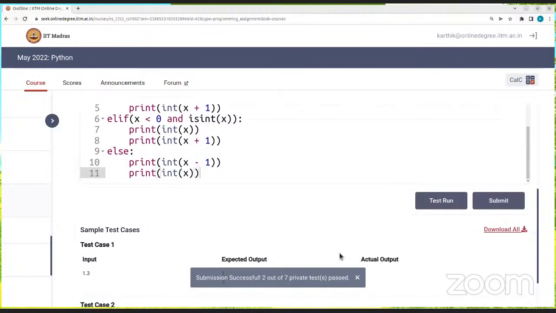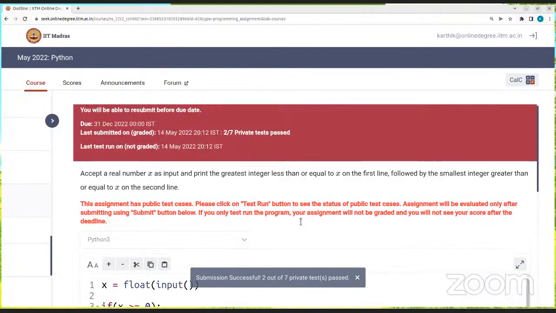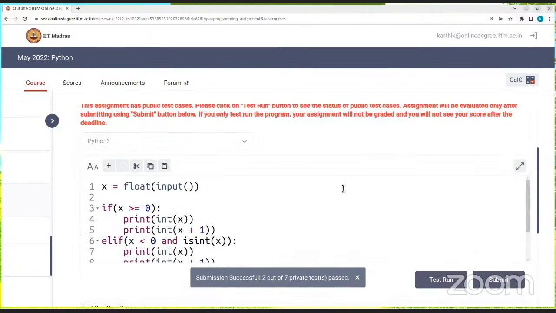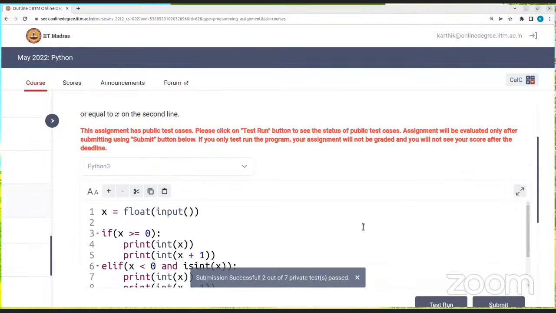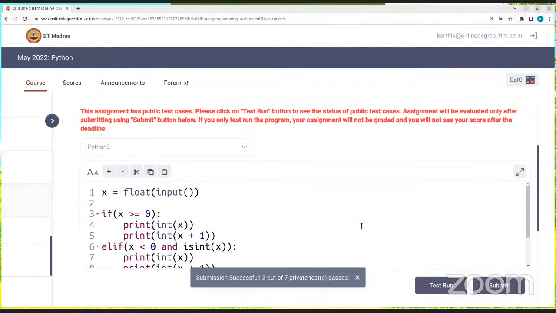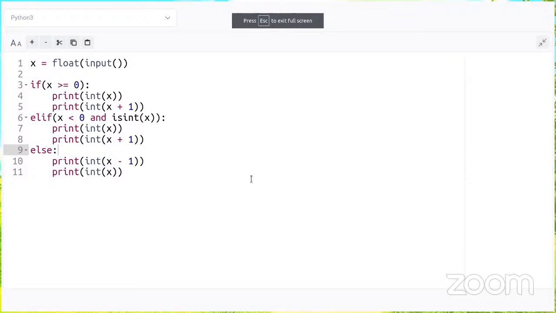Isn't just check whether it is integer or not. No, so I don't want isInt, right? Because we haven't taught isInt. So let's assume that I don't know what isInt is. And really, I don't know actually. I mean, I know how to solve the problem without isInt, but assume that no one else here knows what isInt is. So how would you solve the problem then? So I solved it without using isInt.